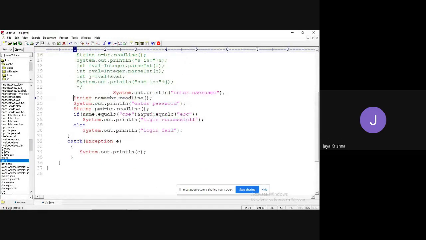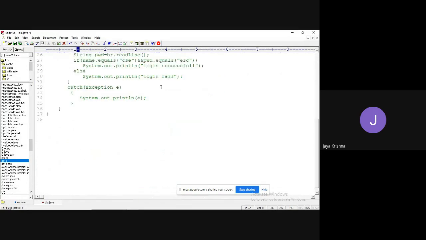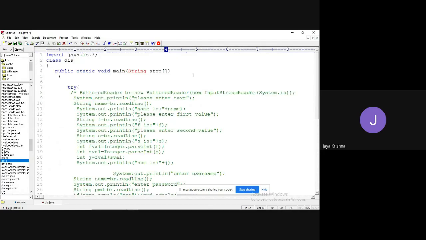Anyway, let me comment out the entire thing. If I want to work with console, I need to create an object for console: c equal to System.console. First, I need to import this class.